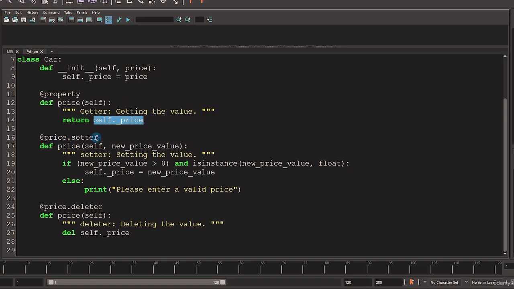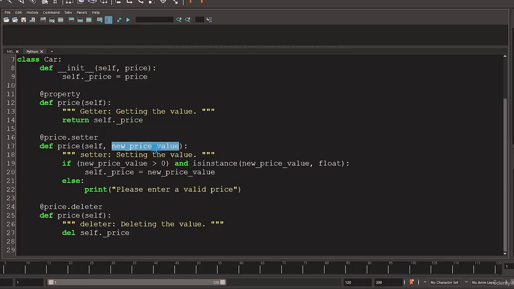And we've got our price.setter. So we've actually here called price. We're using some more built-in functionality in Python, and we are saying .setter. So we're using dot notation and saying that this item is using the decorator setter with the price attribute or property. So again, we just call this definition price because it's more important what this is wrapping, which is price.setter. And then we can say, self, we're taking the instance of the class,